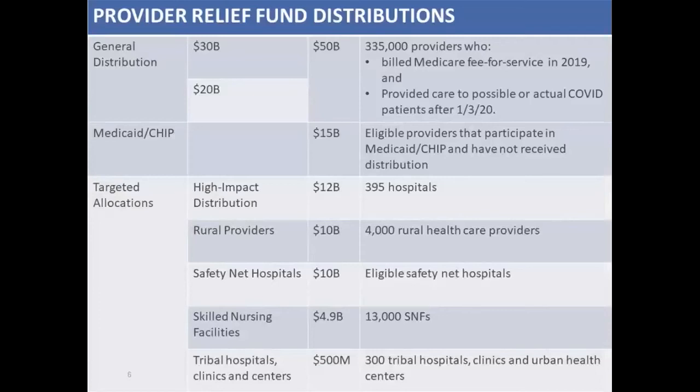By way of background, as you know, in the wake of the COVID pandemic, the government was really anxious to get this money out to providers. And so suddenly, as a surprise to some of you, you may have opened up your bank account to see that you suddenly had thousands or hundreds of thousands or millions of dollars in there that came from the federal government. A lot of those funds were distributed really before they had processes or guidelines in place to tell you what you're supposed to do with them. And the government is still trying to work out those details about dealing with those provider relief funds.